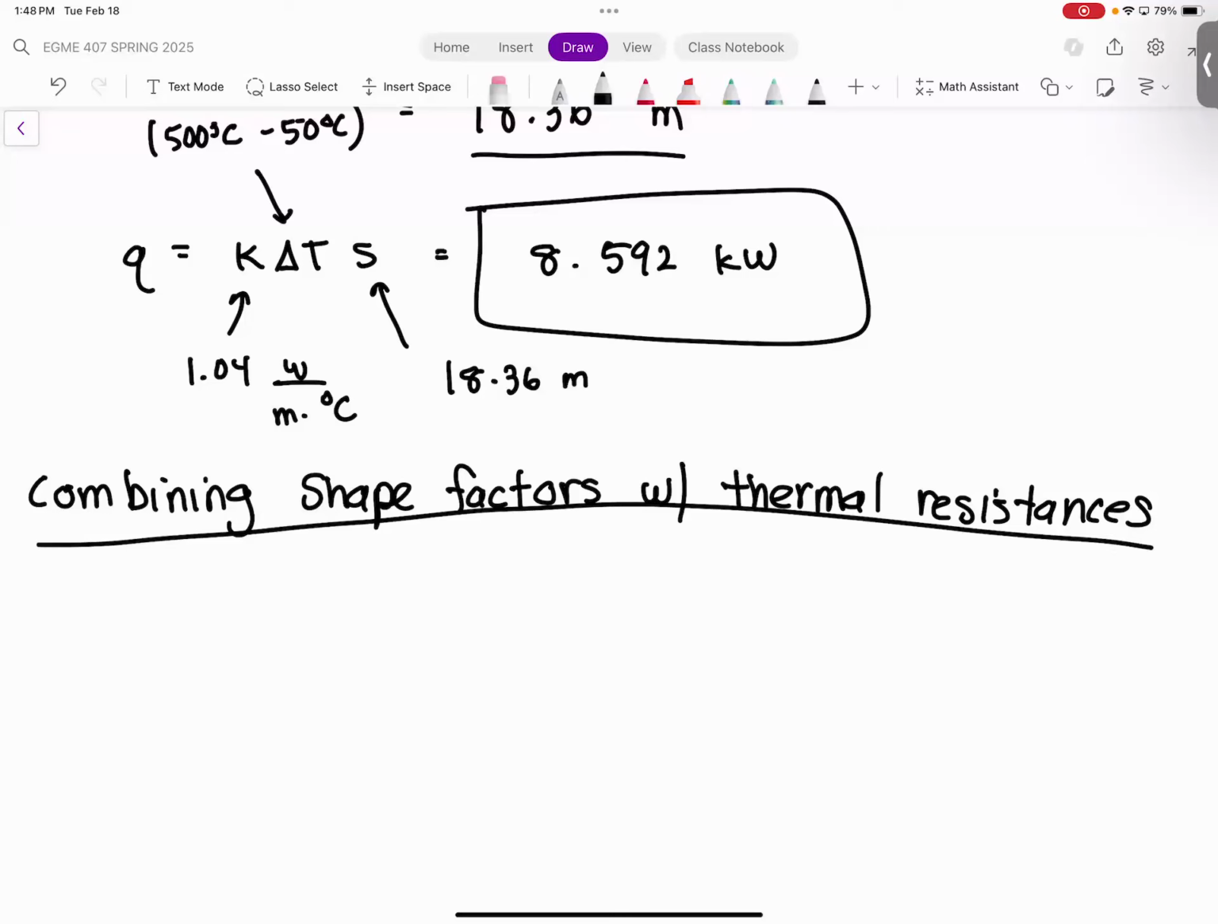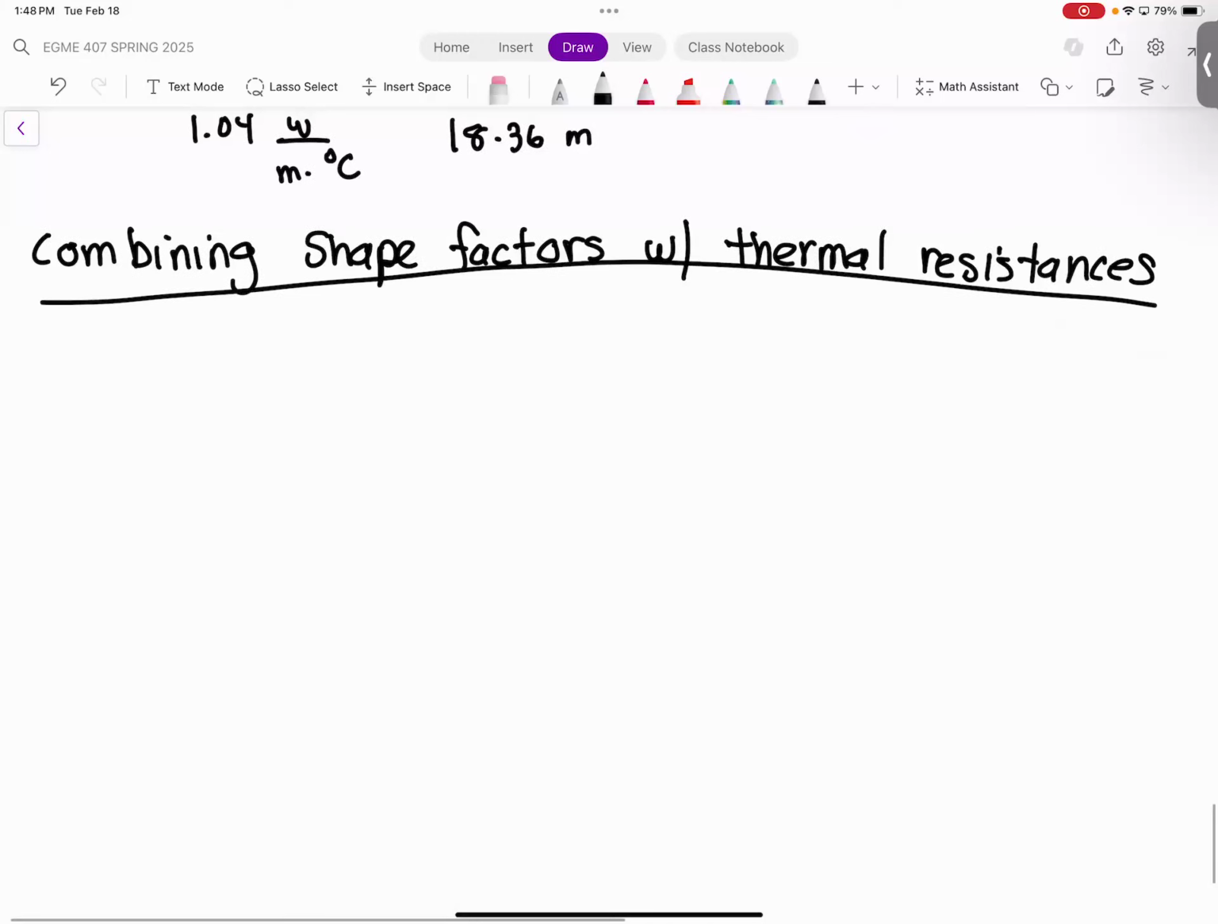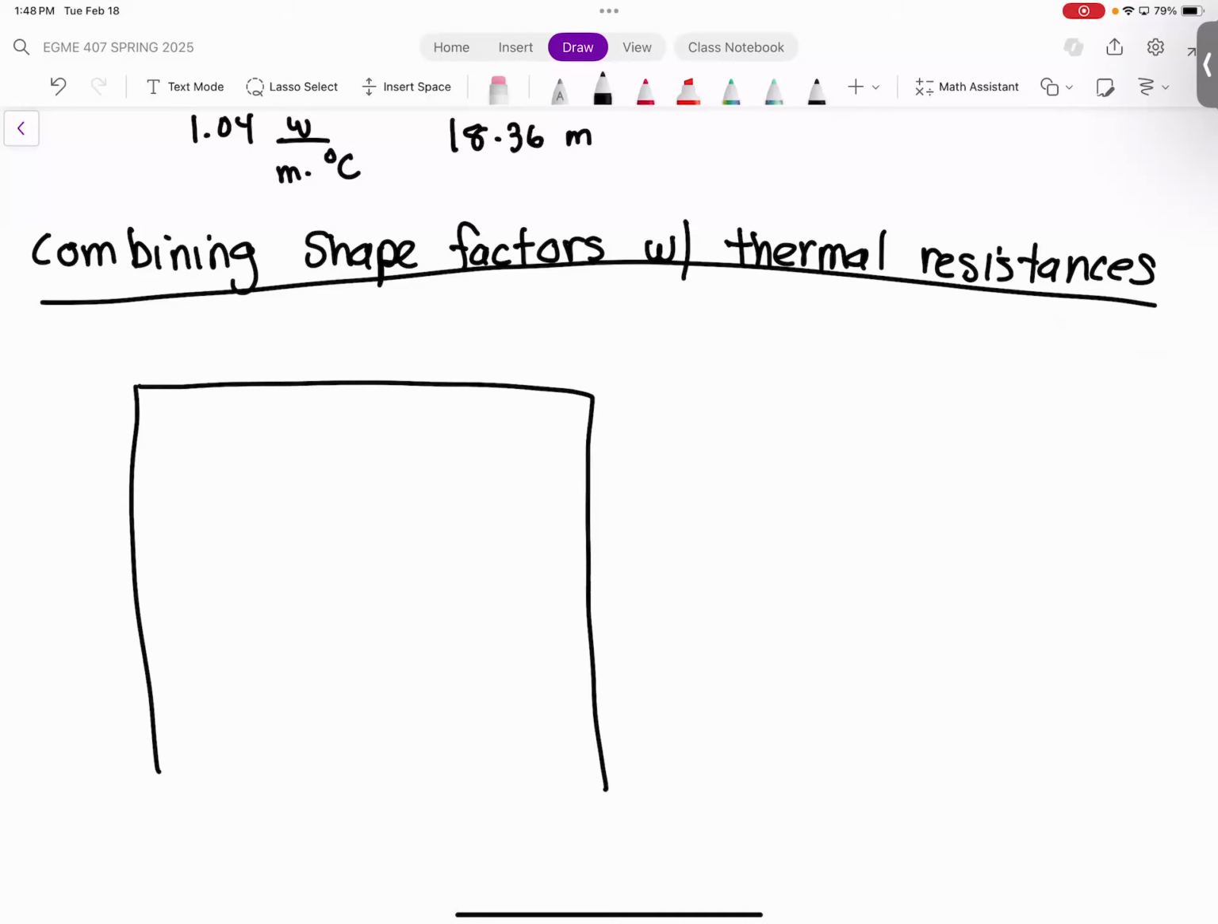Okay. Actually, let me just show you the homework problem. And then I'll give you hints on how to start it. I won't actually do it for you. So in the homework, I am giving you a square channel,